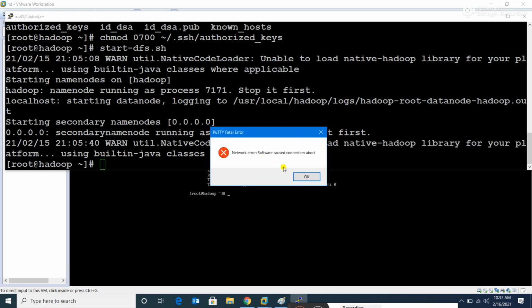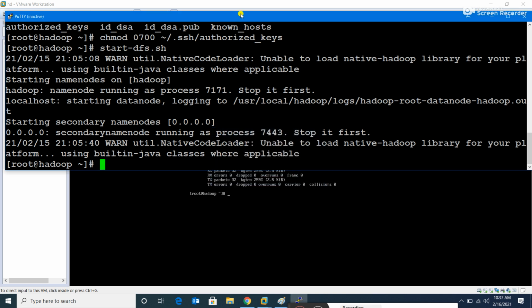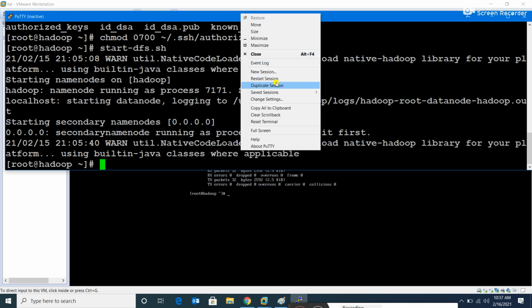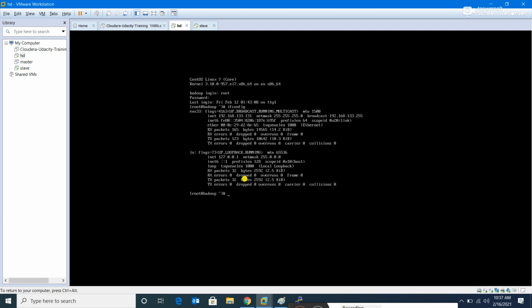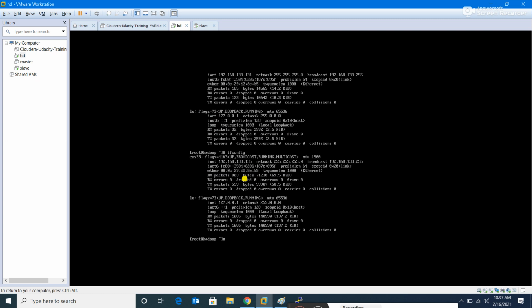Okay, some network error was there. No worries. Now we will make a reconnection. Restart the session. Let's go here and check ifconfig. If you see, the IP address was 133.131, it has changed, right? The IP has changed now.